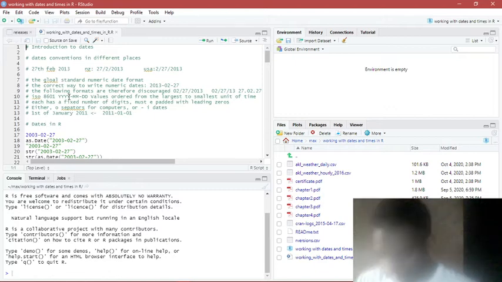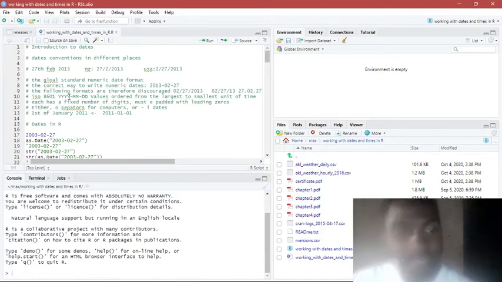Okay, so let's begin. There are different conventions used in different places for dates. For example, in New Zealand, they prefer to start with the day, the month, and the year. And in the US, they prefer to start with the month, the day, and the year. In Zimbabwe, we prefer to start with the day, month, year, right? So, given that,